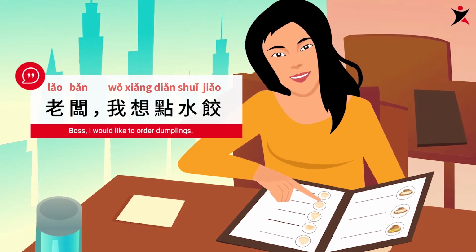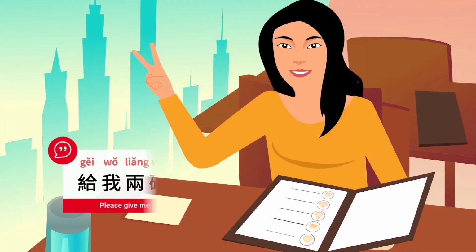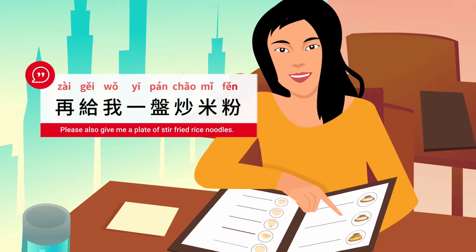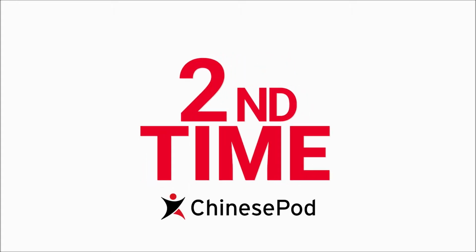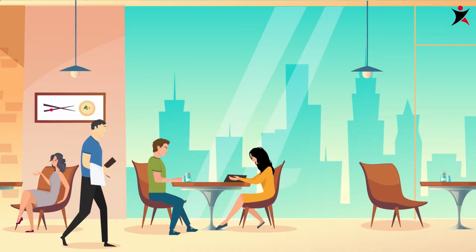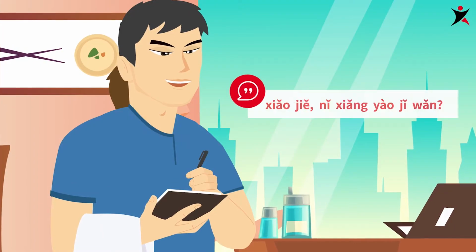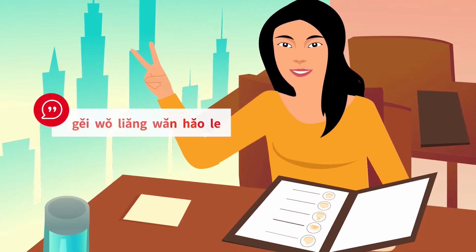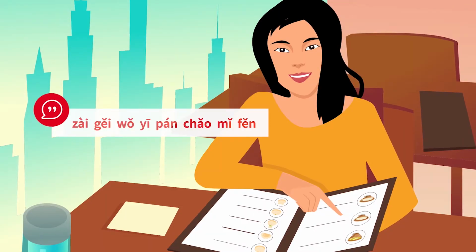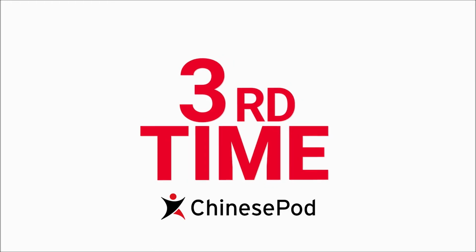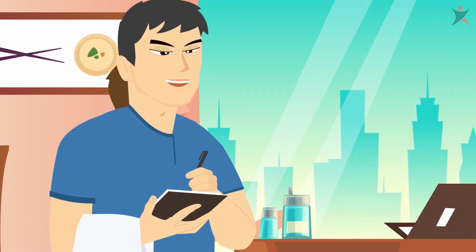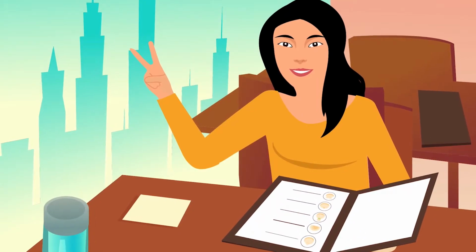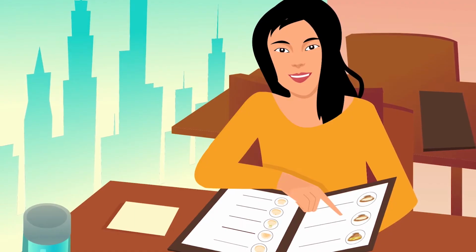老板，我想点水饺。 小姐，你想要几碗？ 给我2碗好了。 还要什么？ 再给我一盘炒米粉。老板，我想点水饺。 小姐，你想要几碗？ 给我2碗好了。 还要什么？ 再给我一盘炒米粉。老板，我想点水饺。 小姐，你想要几碗？ 给我2碗好了。 还要什么？ 再给我一盘炒米粉。